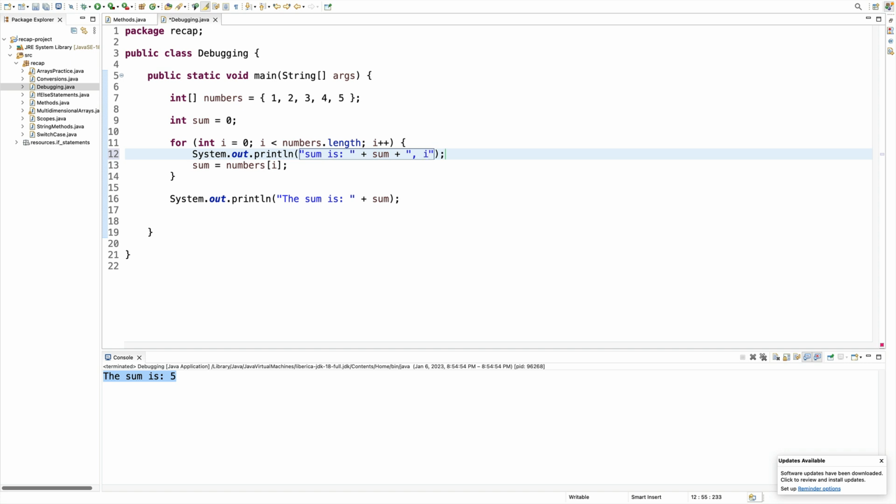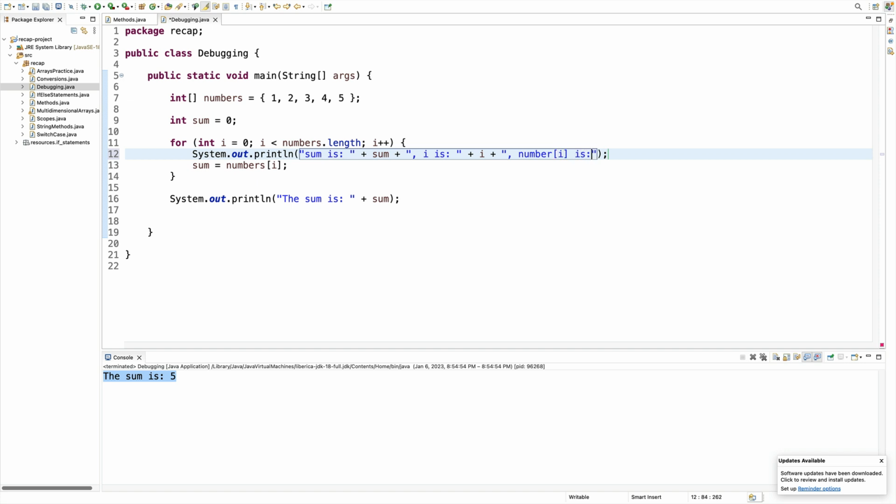Also comma, i is, right? I want to print what is the index that we are iterating through. And the last part is that I want to print out the value of the element, right? So I'm going to say, okay, I have another part of the string, comma here, and I will say number at i